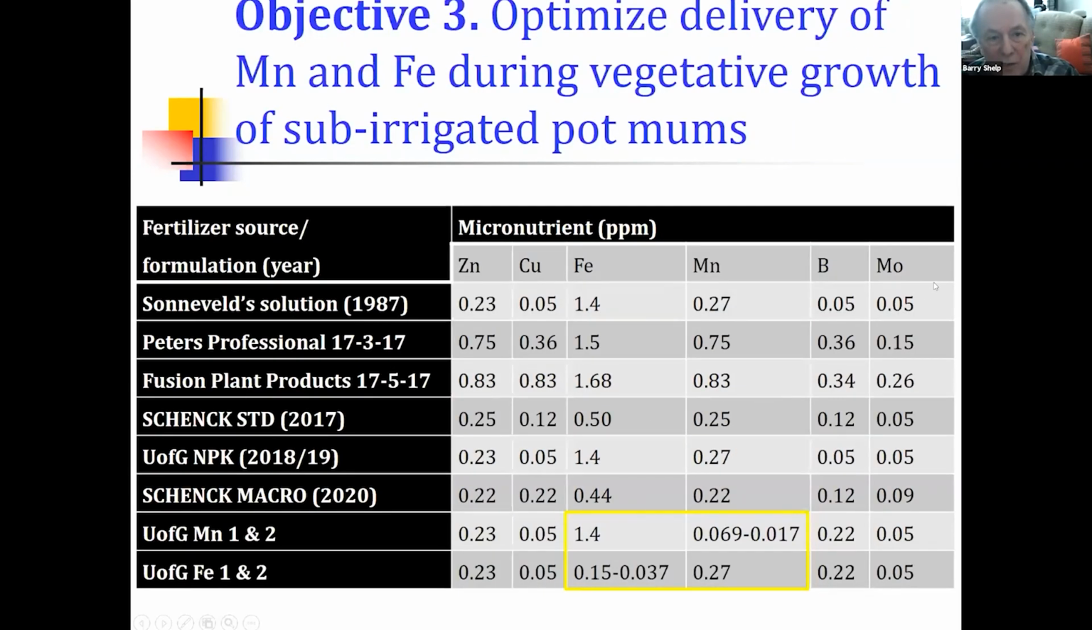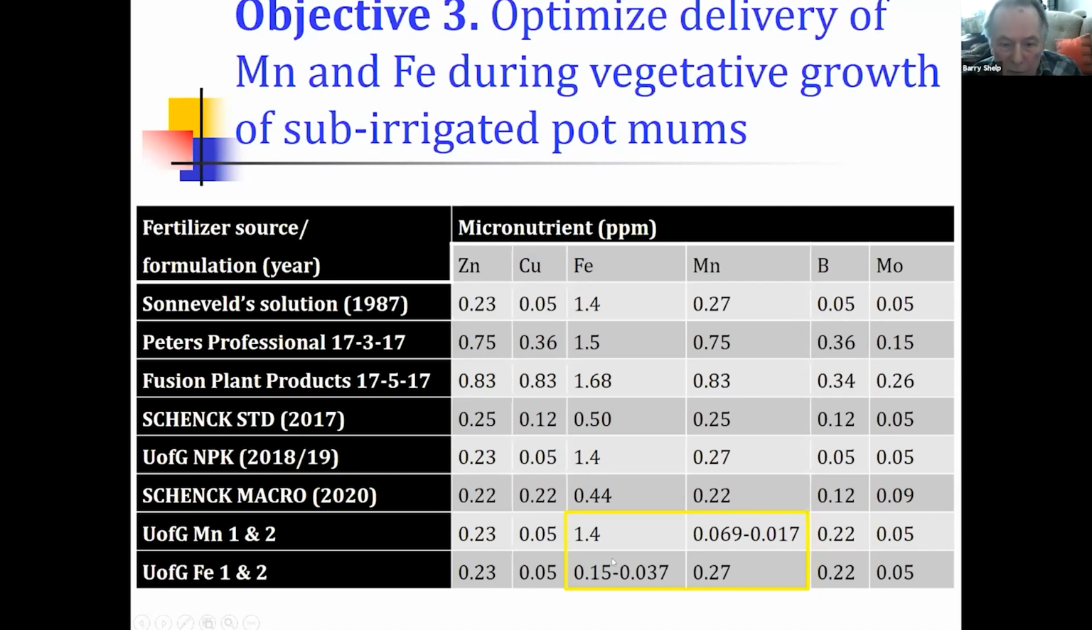In a third objective, we looked at the manganese and iron supply. And so far, we've completed only one of the trials. You notice we did 2 trials with each of the nutrients above. We've only completed one of the manganese and iron trials so far